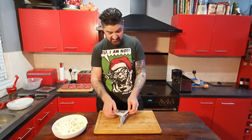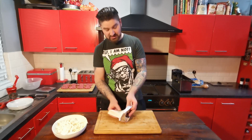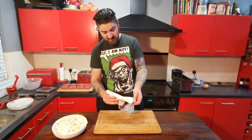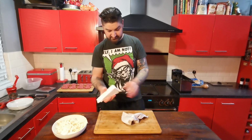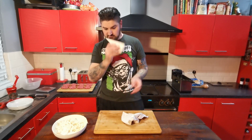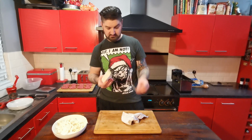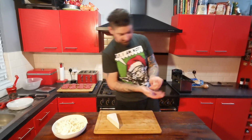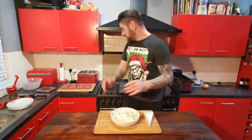I've got a block of brie here, but there's not really much to do with this. We just need to melt this on top of the burgers. So I sort of get it opened and ready. Oh, that's strong. So that's it. We've got everything ready now